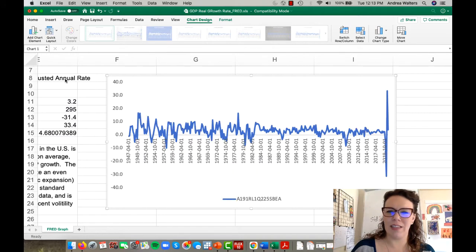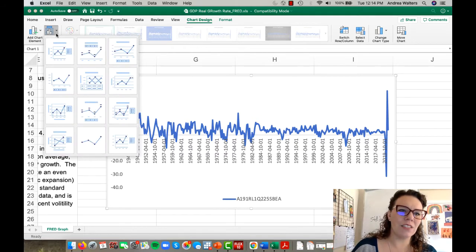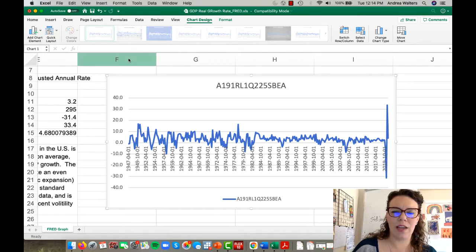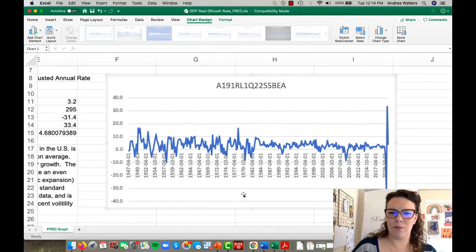I can do something like this. But again, I feel like the simple title was the best description of my data for this purpose. So I'm going to backtrack to what was closest to what I had originally. And then I can just delete this box and rename it again. US